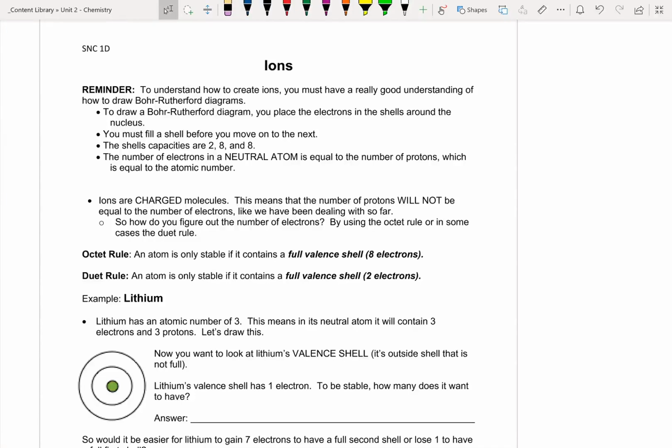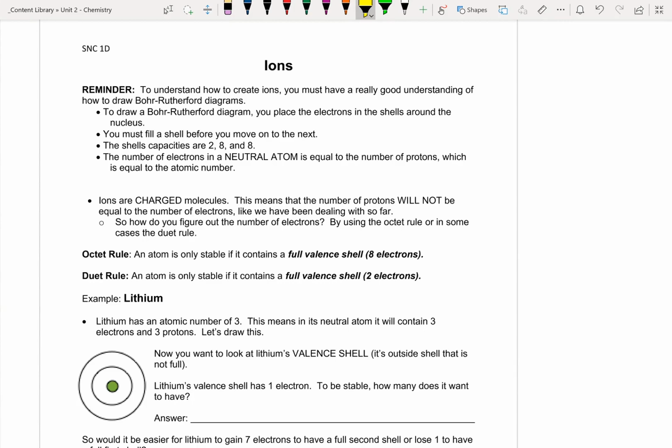In today's note, we're going to be looking at ions. So just a reminder, in order to understand how to create ions, we have to have a really good understanding of how to draw Bohr-Rutherford diagrams. This doesn't mean that this is the only requirement to be creating or representing ions, but this is a very good fail-safe if we can't recognize the patterns